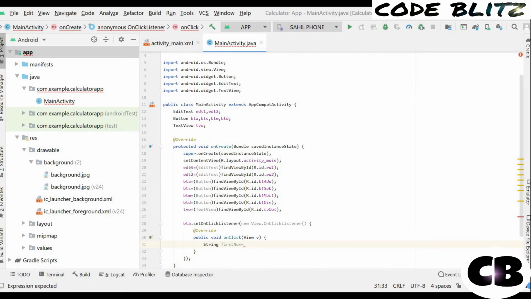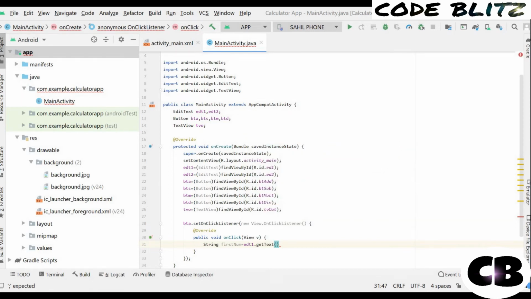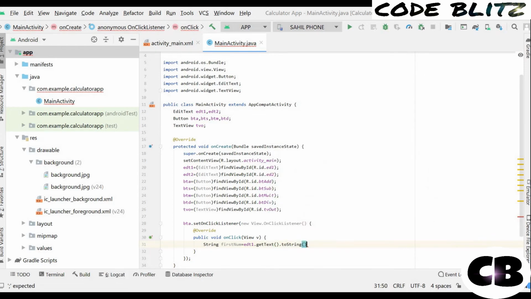The name of the first edit text is edt1. So I will write here edt1 dot the method get text. It will get the text from that text view, and the text is in the form of string, so we have to write here to string. It will convert whatever value is in the form of string.